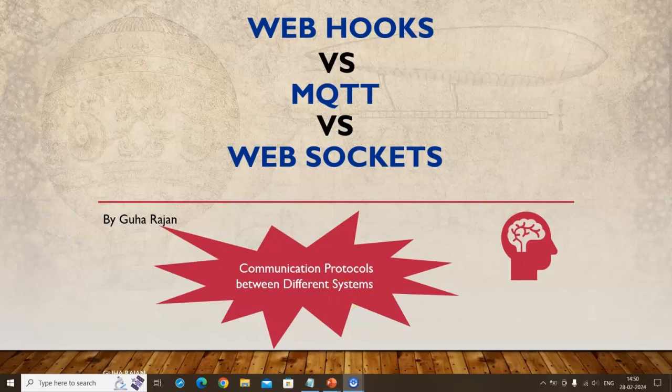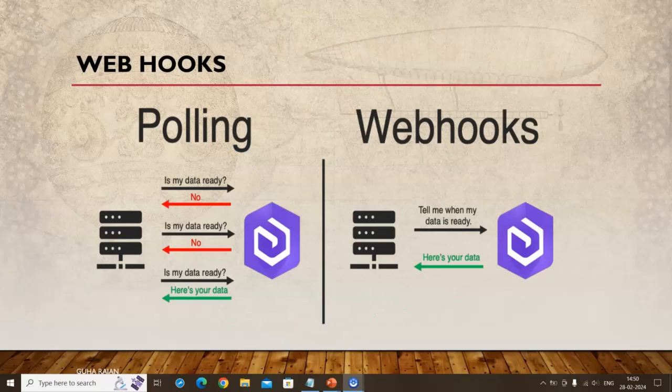Let's now look at the difference between webhooks, MQTT and WebSocket. These are ideally communication protocols between different systems. Let's see each one of them, starting with webhooks. In earlier days, they had a kind of polling